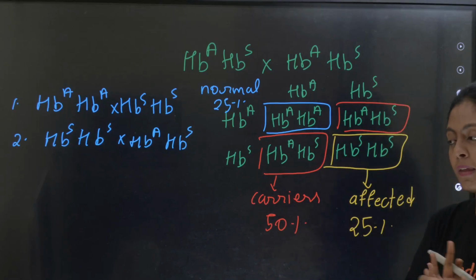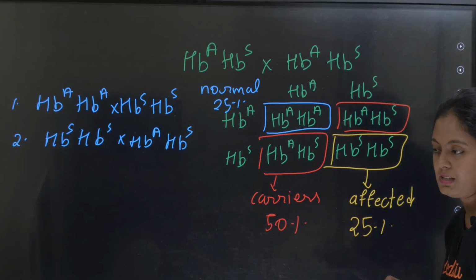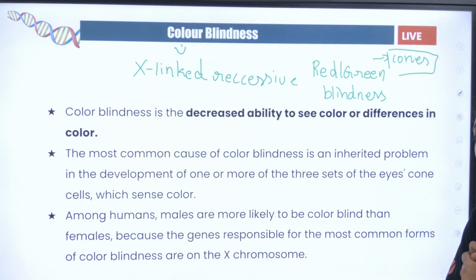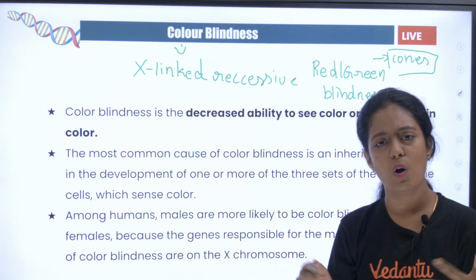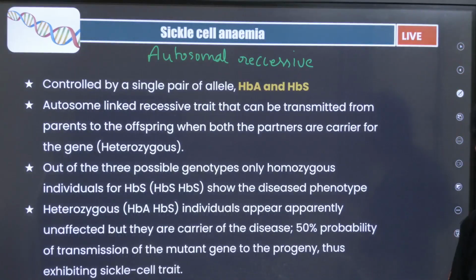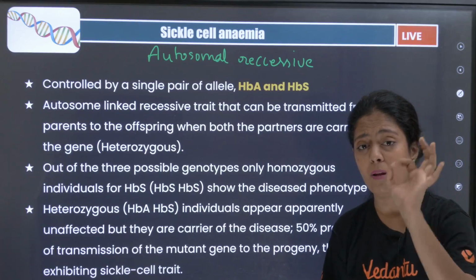Okay, இப்போ this was the inheritance pattern, but ஆனா முக்கியமா என்ன நடக்கும் பசங்களா? What is going to actually happen, we already discussed. Okay, sickle cell anemia பத்தி last classலயே நம்ம discuss பண்ணிருந்தோம். Only remember only if